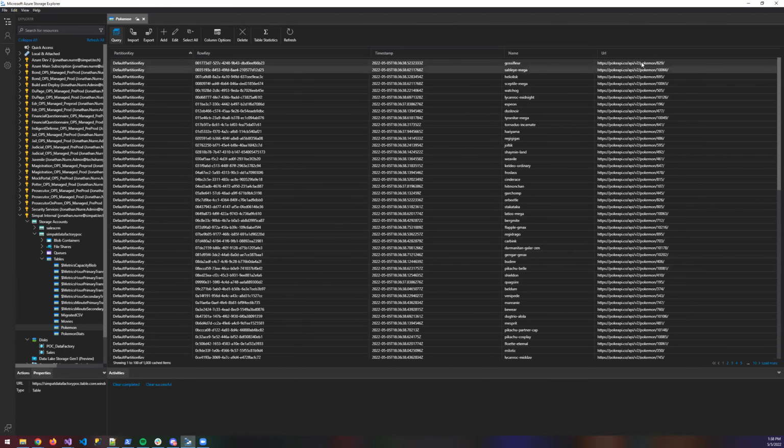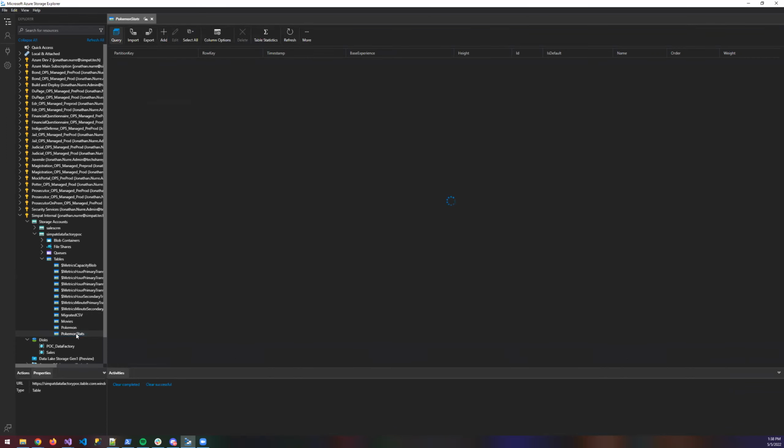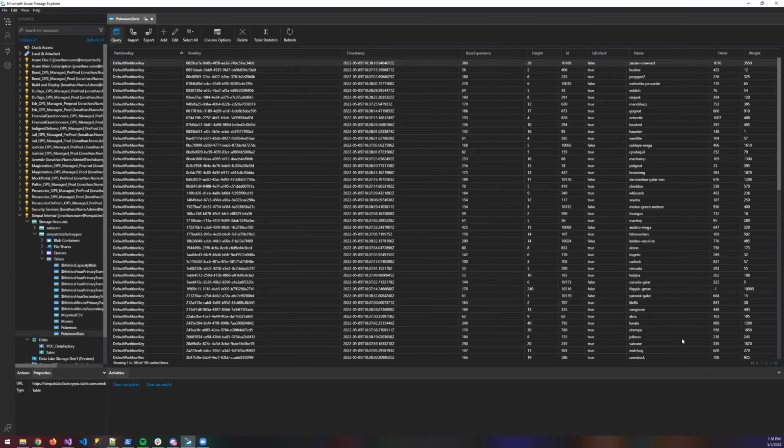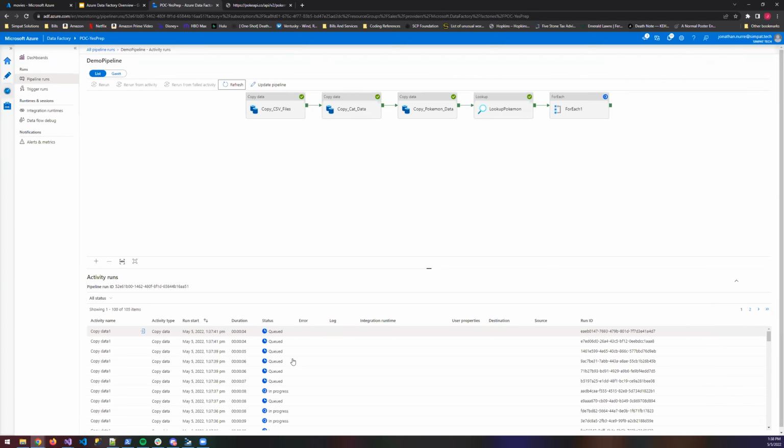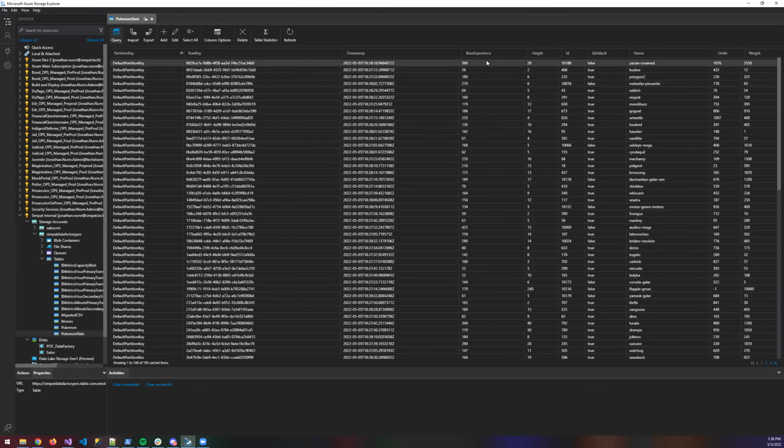We see their name, and we see the URL that it's going to use in this other step for the stats. As it loops through, this Pokemon stats table will slowly populate. Right now there's only 2 pages because, as you saw, a number of these are still queued or in progress. But we can see here a number of the stats that we've mapped over, calling out to those URLs. Again, base XP, height, ID,